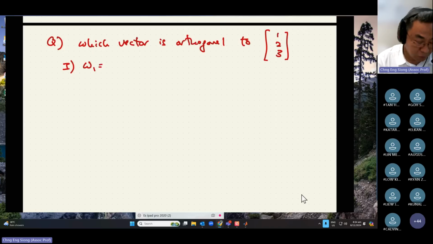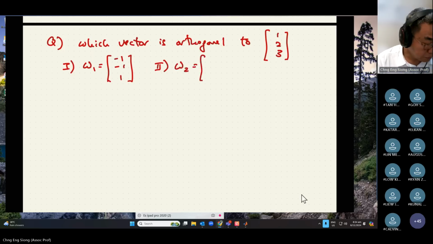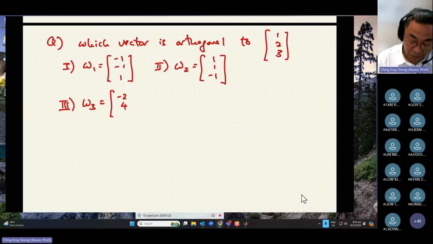W1 is equal to -1, -1, 1. And then second choice, I give you W2 equals to 1, 1, -1. Third choice, I give you -2, 4, -2. And the fourth choice, I give you